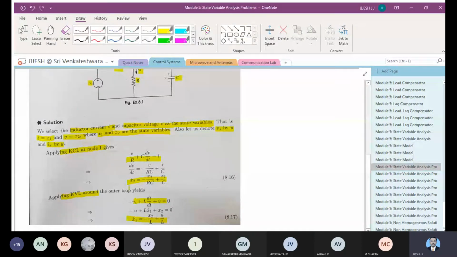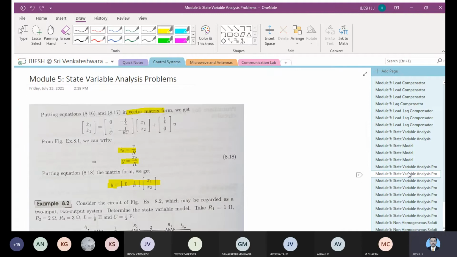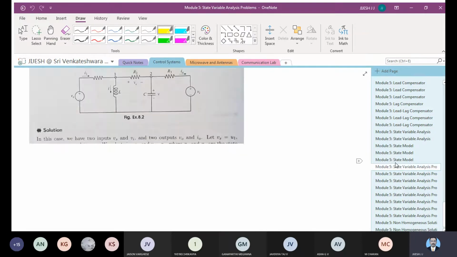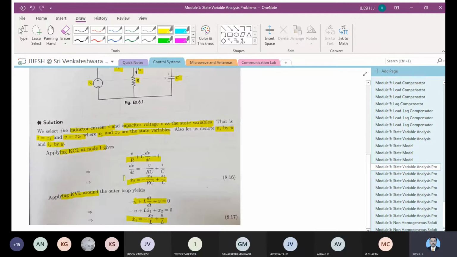Now you can represent these two equations in the form of a matrix. This x1 and x2 you got are called the state variables. So you got the state variables, and you can simplify that by putting it in the matrix form. We wrote the same equation, just put it in the matrix form. That indicates that if you solve this matrix, you should get these two equations as well. So I am converting this equation into the form of a matrix.